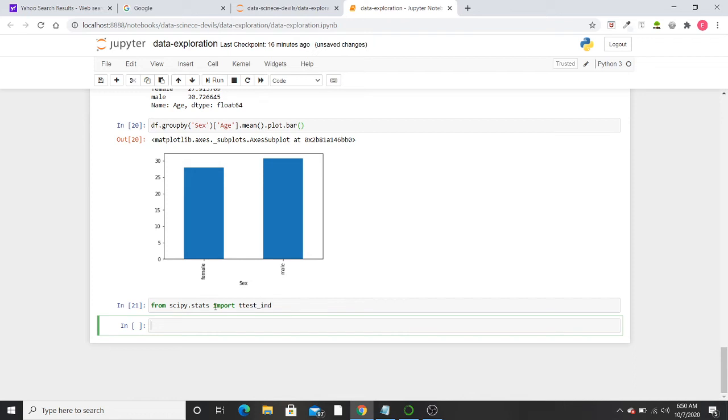So now we'll generate a variable for males and we'll generate another variable for females. Now we have a column sex present. From that we'll take out the males present, and then in the second variable we'll take out the females present. So males equals df and then my column name, and if it is male then store it here.